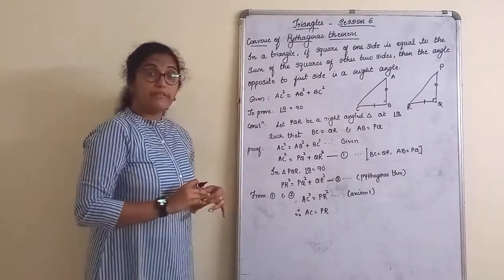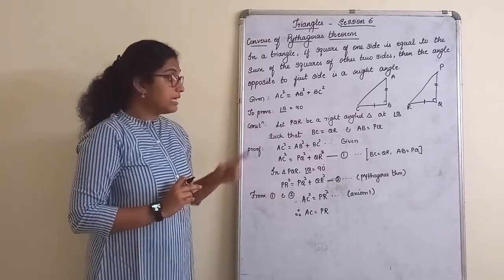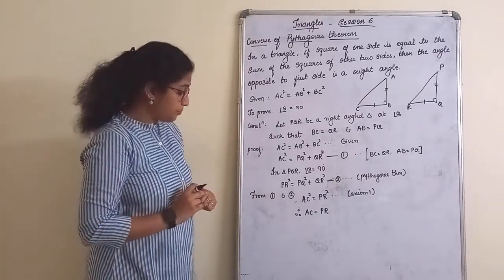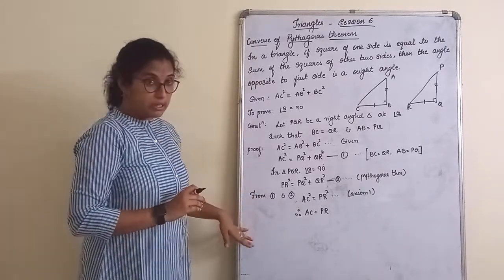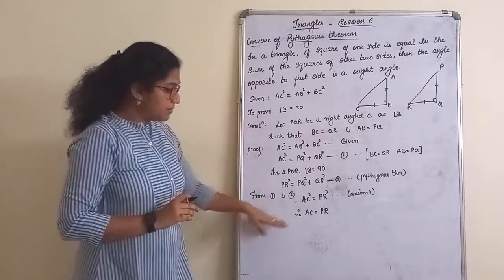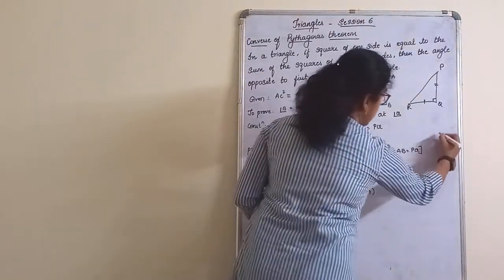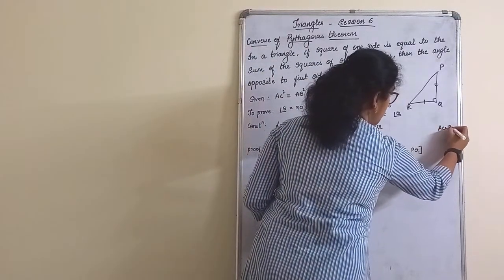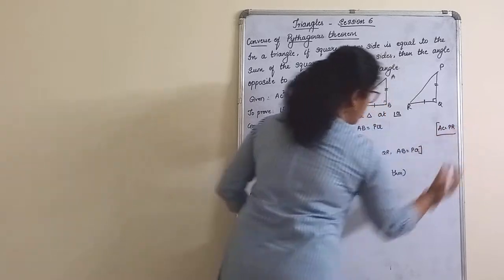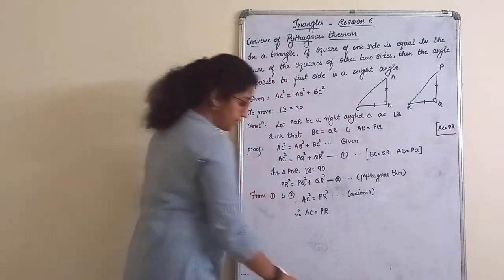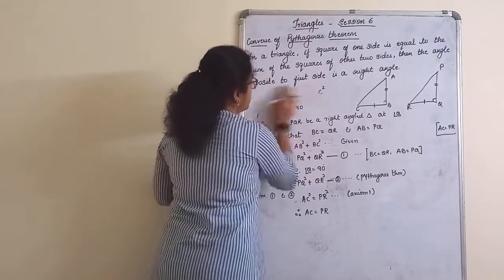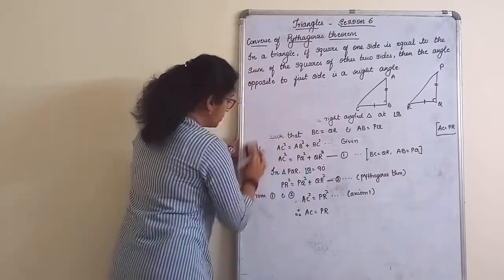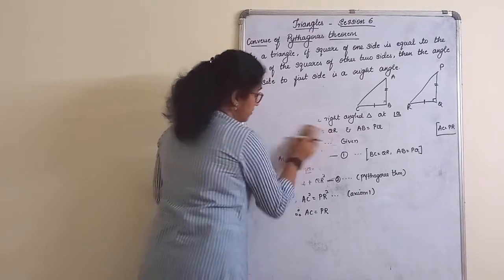Now we will prove that the triangles are similar. So shall I rub this, children? Now what you can do is, you can write down this till here. I will just rub this. We have proved that AC is equal to PR. I will just write this in one corner, and we'll make use of it now. I will erase this and we will prove that now angle B is equal to 90. Still the converse is not done. We are yet to prove that.